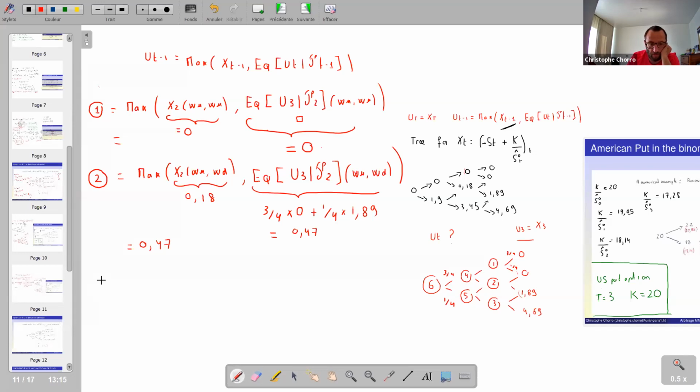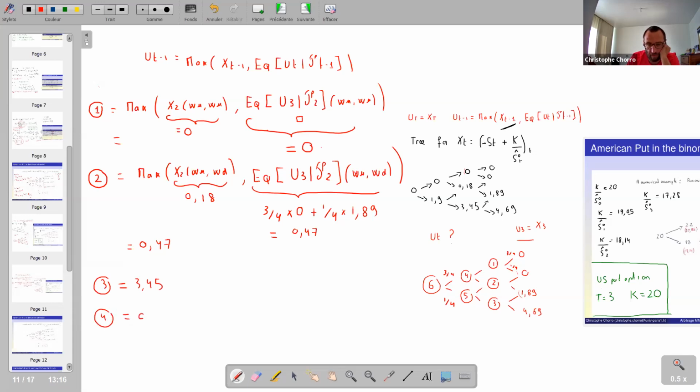It remains to do it for 3, where you will obtain 3.45. That is the maximum: 3 is what happened at WD, so it's the max between this one and the conditional expectation of this random variable here, that is 3/4 times this one plus 1/4 times this one, and the max keeps this one, and so on. So for 4,